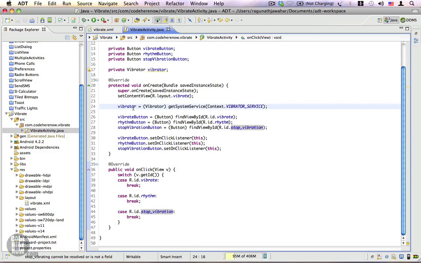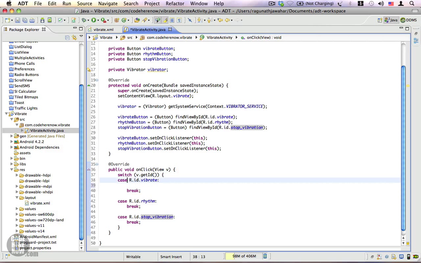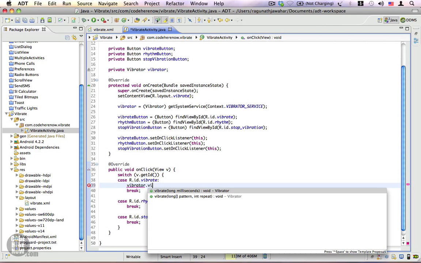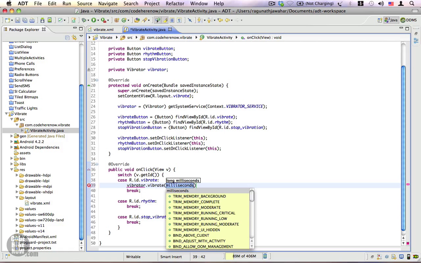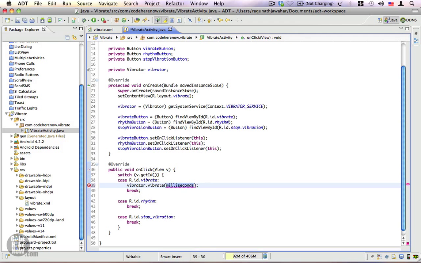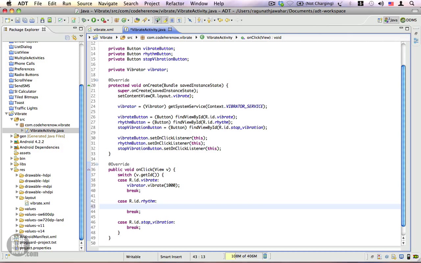So now we have the vibrator instance that we're going to use, and in the vibrate case I'm going to call Vibrator.vibrate, and I'm going to give the milliseconds, which is 1000. It's equivalent to 1 second. And for the rhythm, I'm going to call a different method on the vibrator, which is